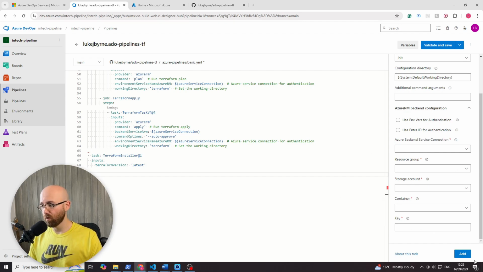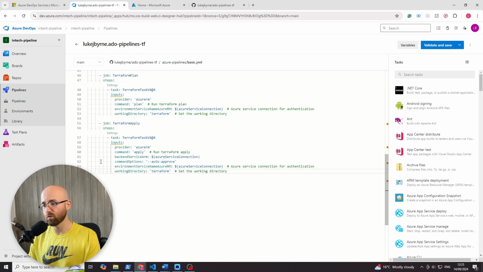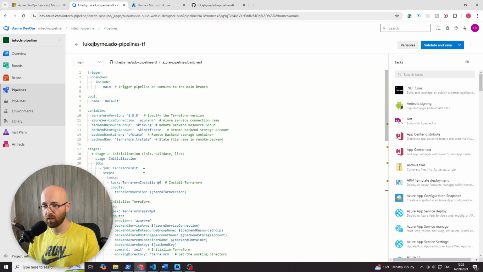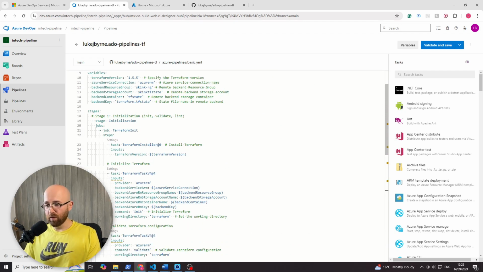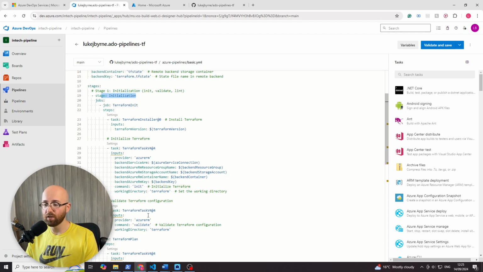So I'll go up and show, I'll just click add so you can see what pops up. So there you go, you can see it pops it up. But let's delete these and we'll go back to the top of the code because we've already written it. And if we go up here, we can see that our first stage, or our only stage actually in this